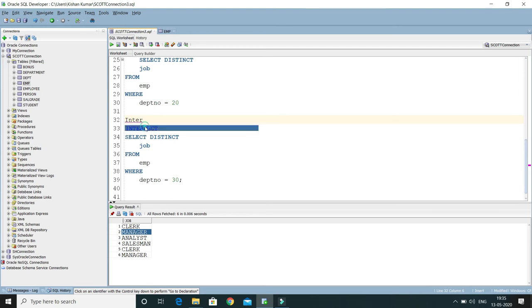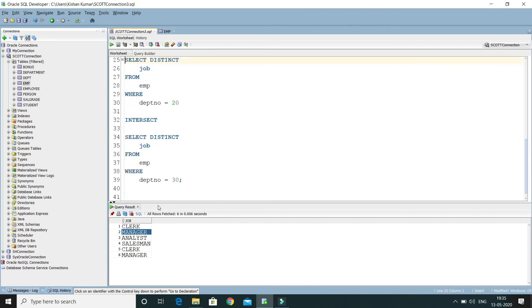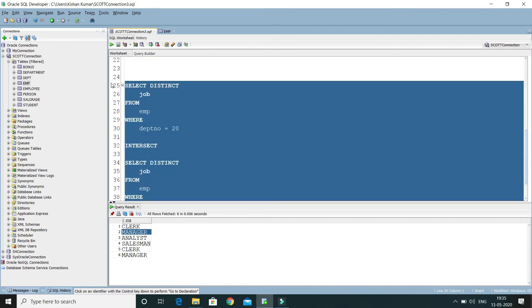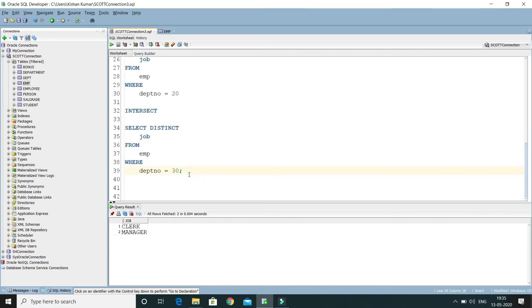This will give us the common result between these two queries. If you want the common result between two queries, then you have to use intersect. So clerk and manager, these two jobs are available in both departments, which is the common result.